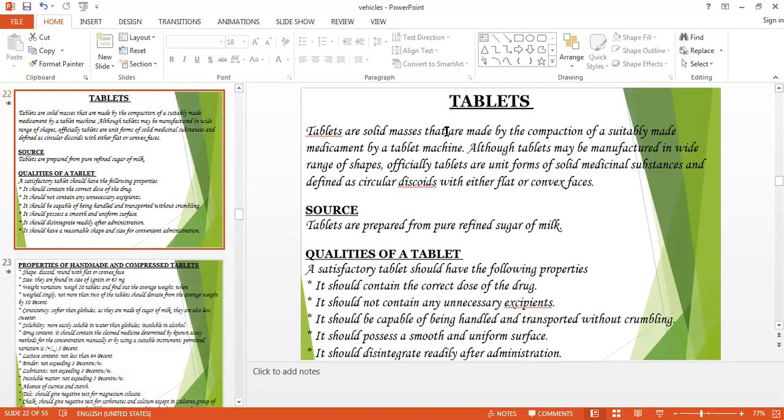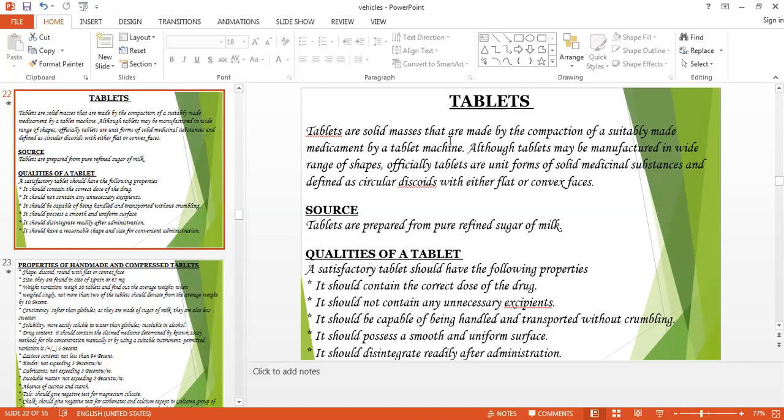The next one is the tablet. We can give any shape to that saccharum lactis, or the sugar of milk, and we can give it a name. The more advantage of the cone is that it is harder than the globule, and as a result they may absorb a very small quantity of medicine. So we can dispense a very small quantity of medicine to our patient. And it is harder because we are using egg albumin in the cones, so they will not absorb atmospheric moisture.